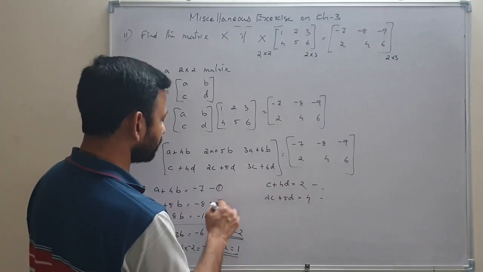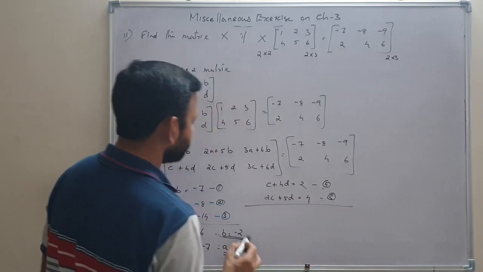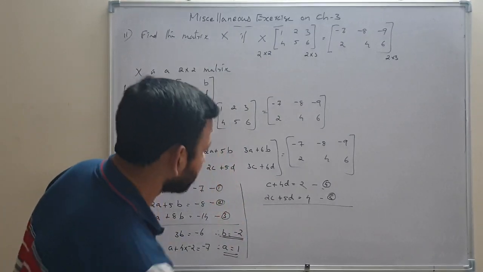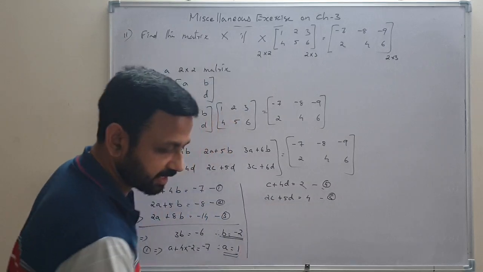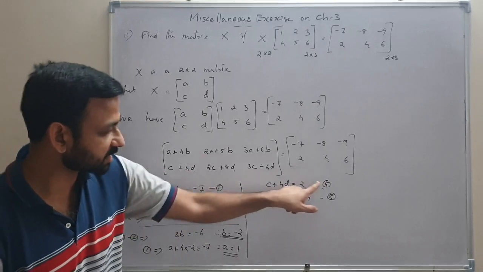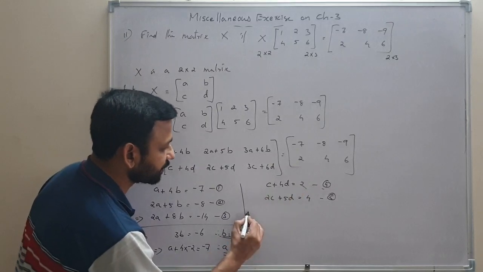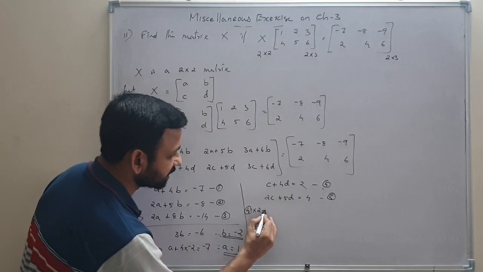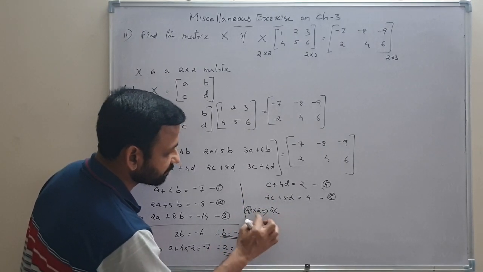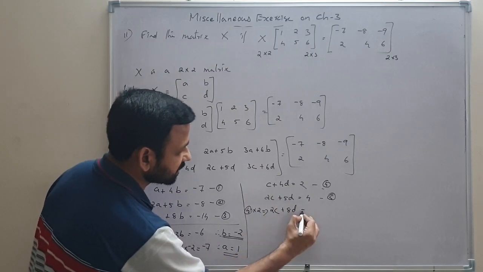Similarly, we can solve the other two, this is equation number 4 and equation number 5. We can find the values of C and D from here. Here also we can eliminate the variable C. So we can multiply the first equation by the coefficient of C, that is 2, in the second equation. So equation 4 into 2 implies 2 into C, that is 2C, 2 into 4D, that is 8D, 2 into 2, that is 4.